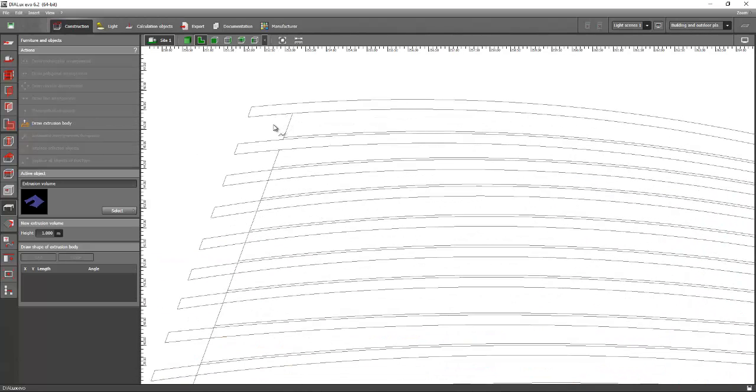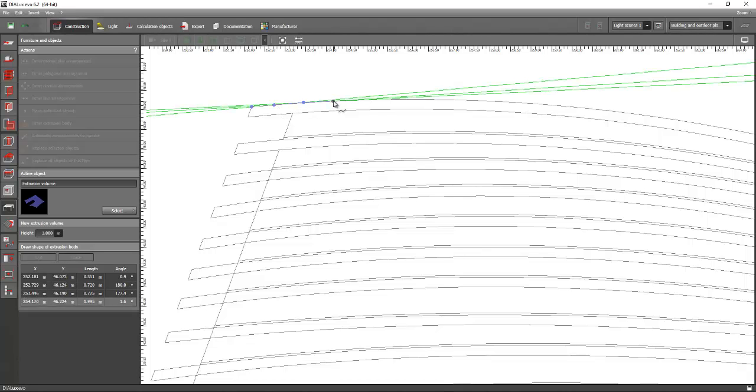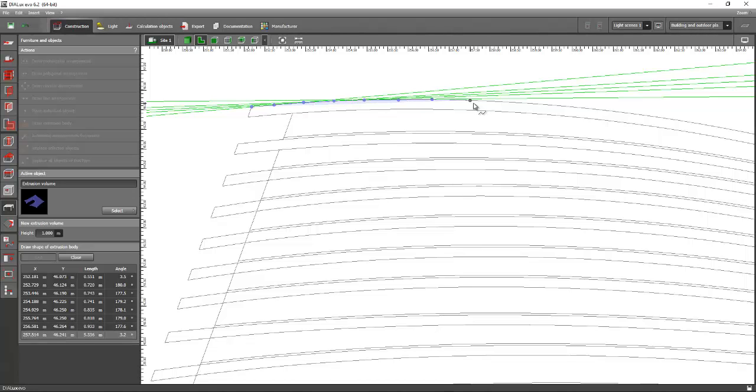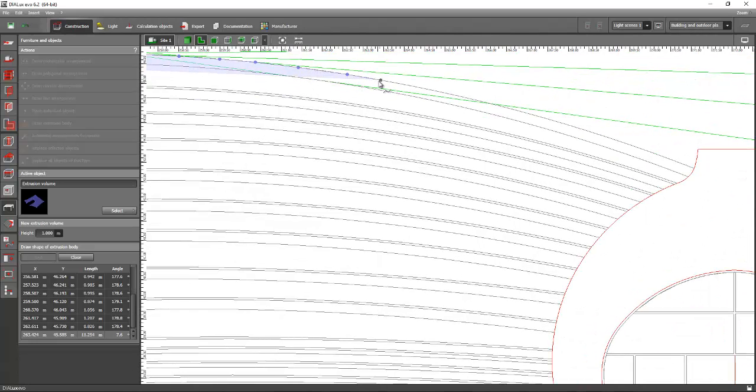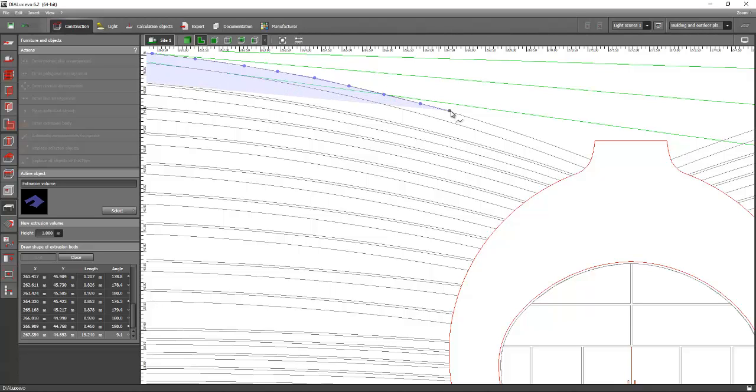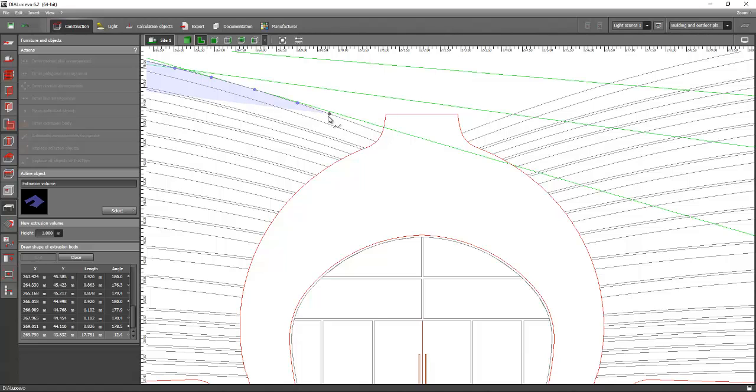Press the extrusion body and then start drawing it. Again, this building has lots of curves, so be patient working on this one. One by one. Because it is typical to the other side, we will just create one side and then mirror it later on.